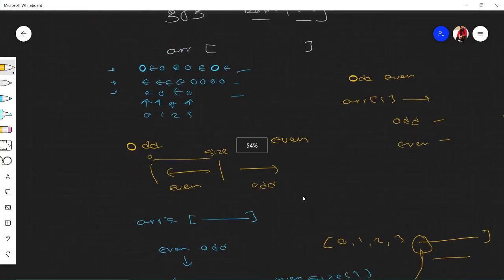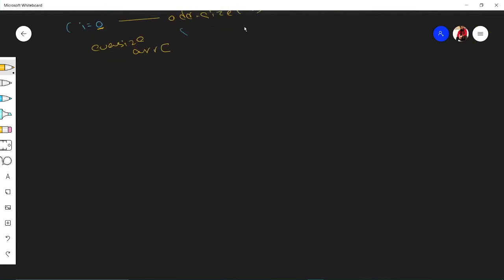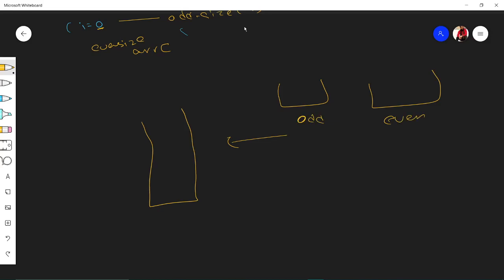I'll just explain it using the container approach. This is the container, I know it's rigged, and these are the two containers of odd and even. So for filling even, you'll initially start from 0 and go till the height of this. Similarly here also you'll start from 0 and go till its height. So it's better if you declare k equals to 0 and use k as the height of this thing.